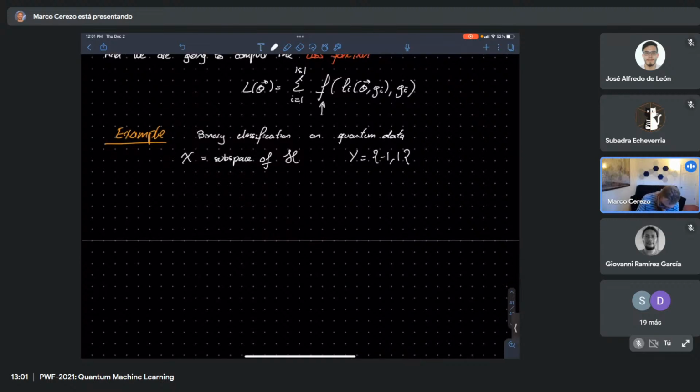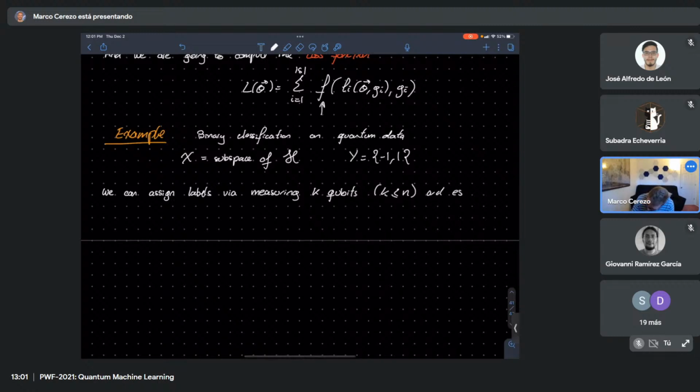One way that we can do it is we can assign labels via measuring k qubits, where obviously k is smaller or equal to n. So we could measure all of them, we could measure some of them,